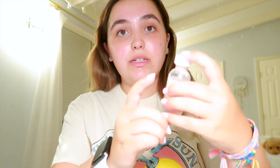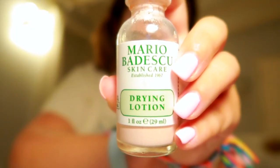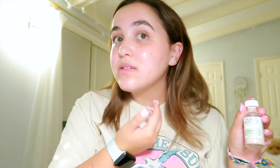And then one optional final step that I do only some nights when my pimples are really bad is I will use the Mario Badescu drying lotion. I'm not going to use this tonight because my face is not that bad right now. I mean, it's pretty clear. So I only use this some nights, and I'll just go in with a cotton swab and dab it on the pimples. But other than that, that is my super simple skincare routine that I do twice a day,